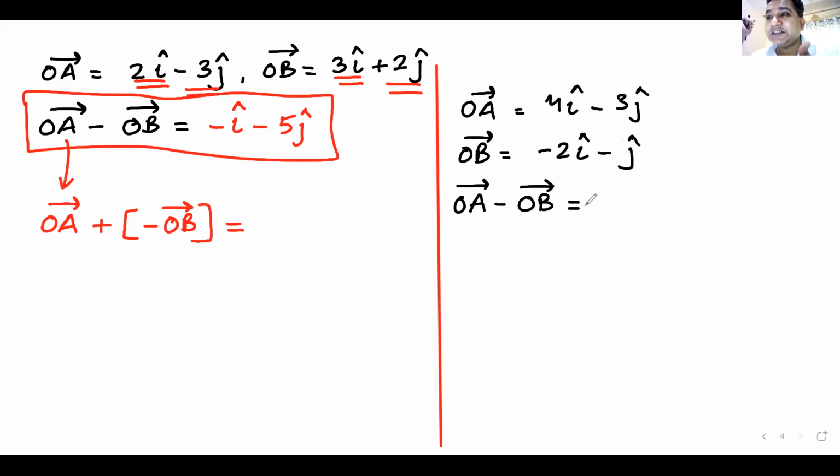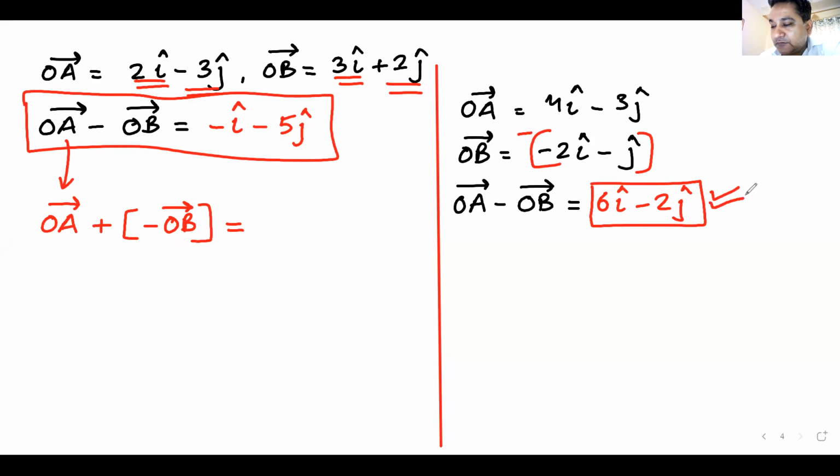Chaturya is already there with an answer. Chaturya says 6i minus 2j, which I think is the correct answer. Santosh also gives me the same answer. Same with Deepak. Only 3 answers up till now. Niharika also comes up with an answer. Great. So what I have to do is just do what is required. Put a minus sign over here and subtract this. 4i minus 2i becomes 6i. Minus 3j minus j becomes minus 2j. That becomes our final answer.